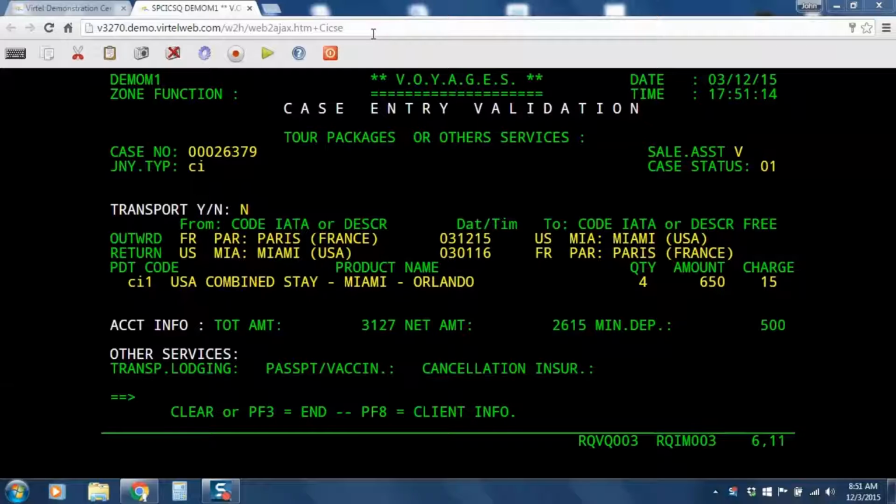I'd like to give you a brief demonstration of an application that was created using Virtel Web Modernization so that you can see how it works and what it looks like. To start, I'd like to show you an application in its original 3270 screen-based format as presented using Virtel Web Access. The application is a simple two-screen application that could be used by travel agents to book trips and cruises